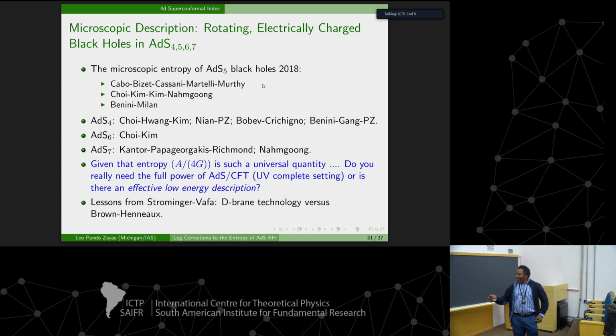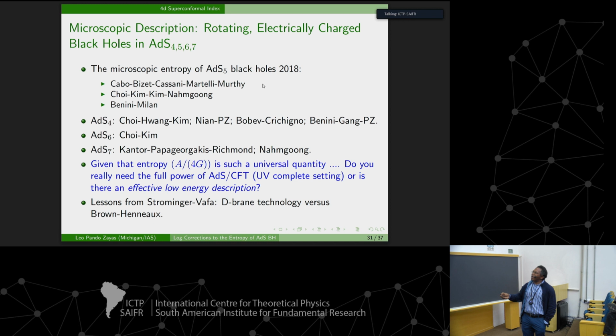Now, what I told you was mostly about this spherically symmetric, magnetically charged black hole, right? So they are interesting, but of course, rotating black holes are a lot more fun, and they are the ones in the sky that are certainly rotating. So you want to be able to have something realistic in mind. Now, for rotating electrically charged black holes in AdS4, 5, 6, and 7, there was this beautiful set of work, and that is here,